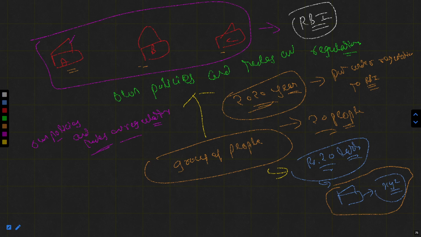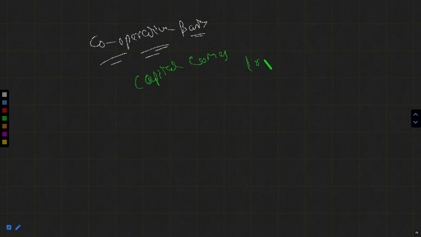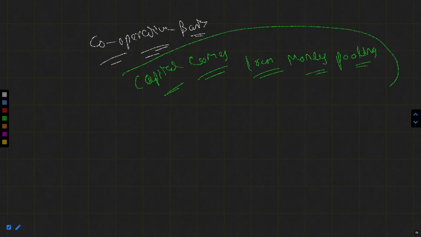But when it comes to the cooperative banks, generally the capital comes from money pooling. Okay, that's why they have a limited operational scope, and that's why they are smaller in comparison to